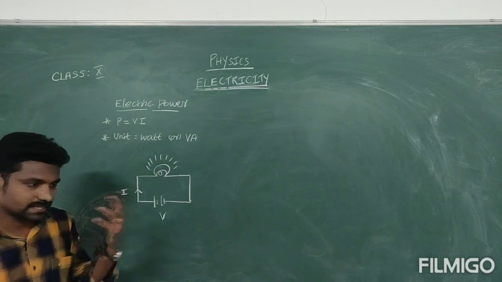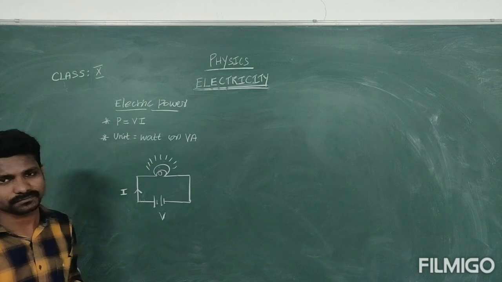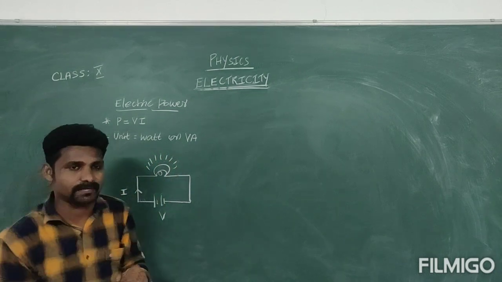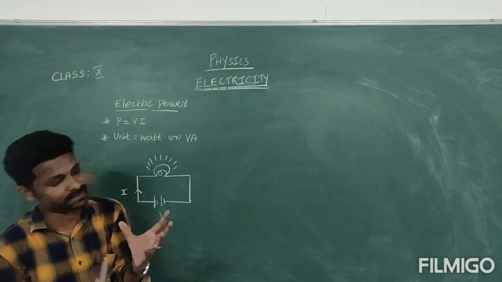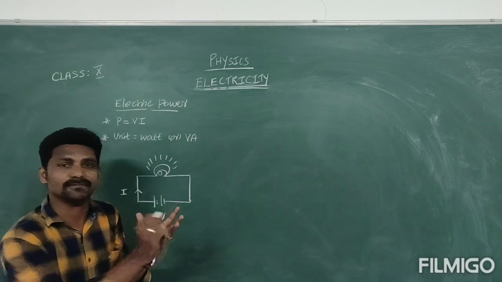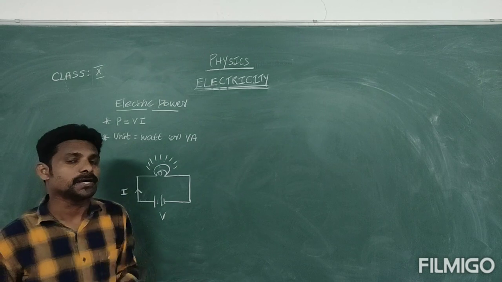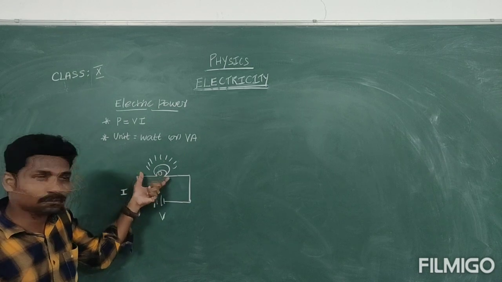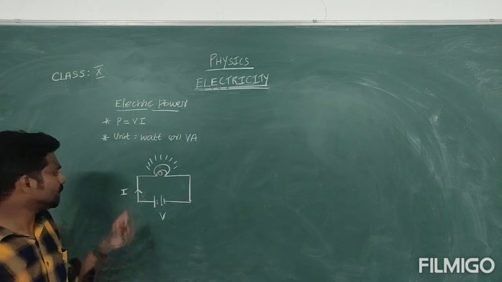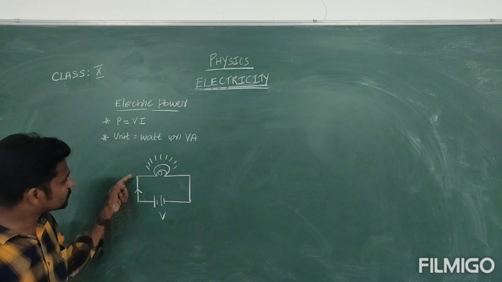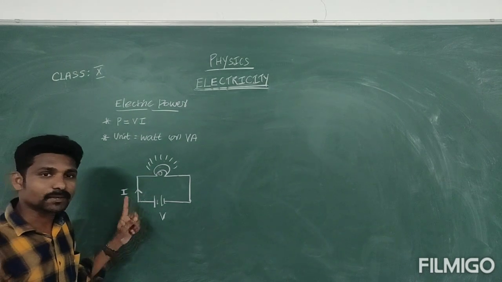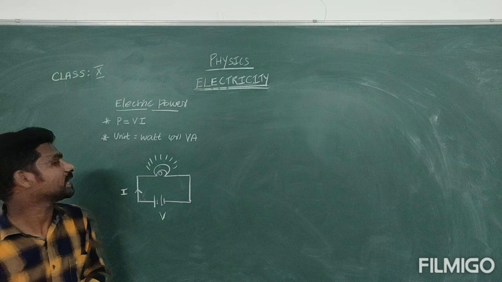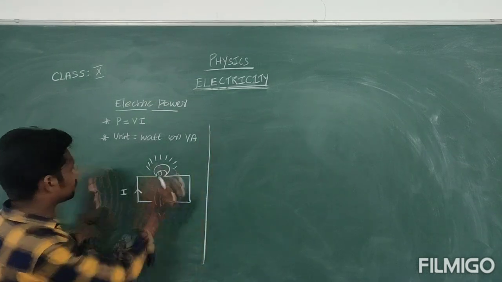So we can give the definition for the power. It is mostly mentioned for a particular electrical device. For example, if you buy an electric lamp, they mention how much watt power, 15 watt, 16 watt, on the electric bulb itself. So the definition is: power consumed by that electrical device when one ampere of current passes through the device at a potential difference of 1 volt. That is known as electrical power.